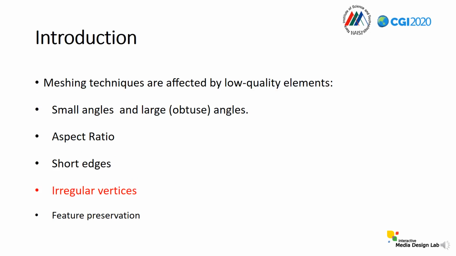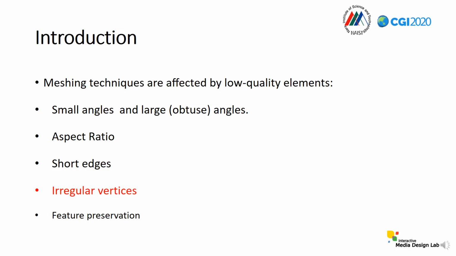What is surface remeshing? Usually the meshing techniques are affected by low quality elements. So what are the low quality elements? It includes small angles. Usually the angles smaller than 30 are considered a small angle, and large are obtuse angle. The angles above 90 or sometimes above 120 are considered as large angles, and these are bad